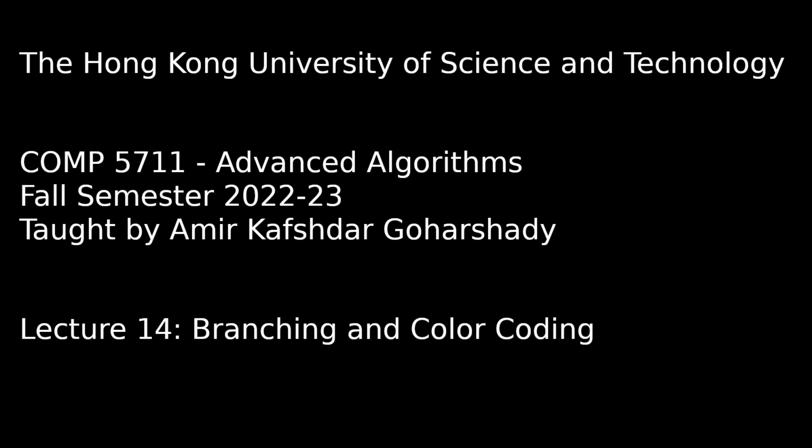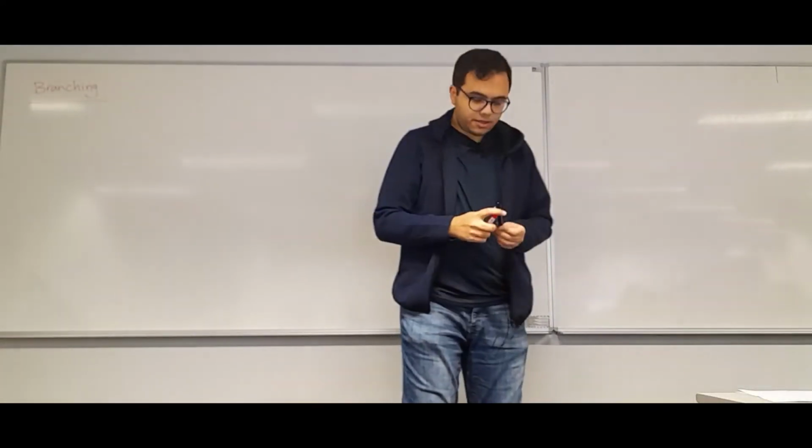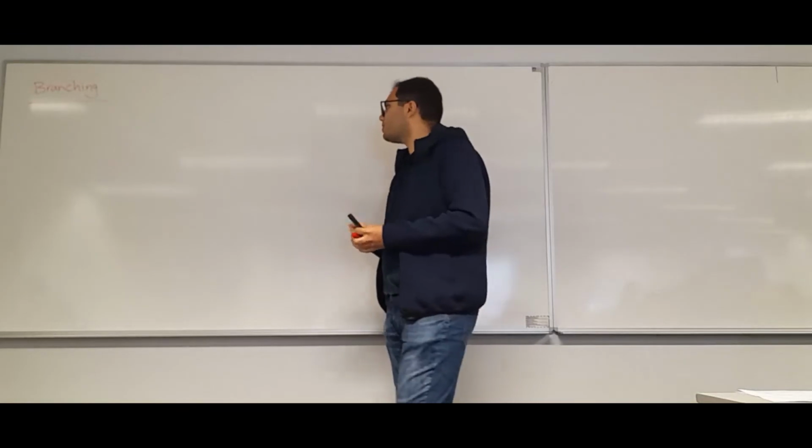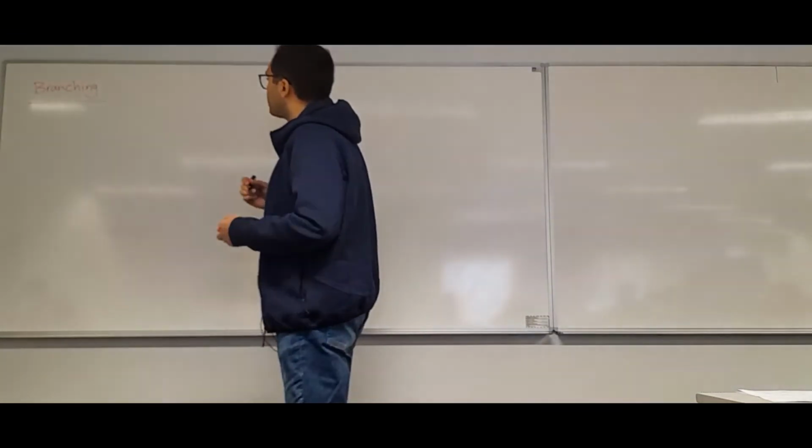Great. So today we're going to continue with the topic that we started last time, parameterized algorithms, and we're especially going to see more examples of this idea of branching that we saw last time. So I'm going to start with a problem that we also tried to solve last time, and that's feedback vertex